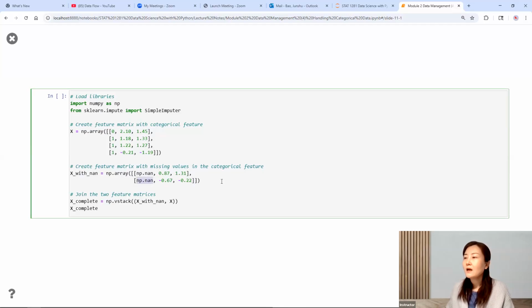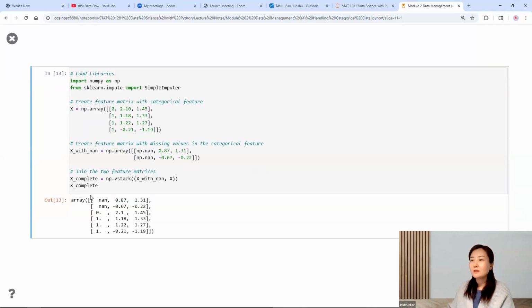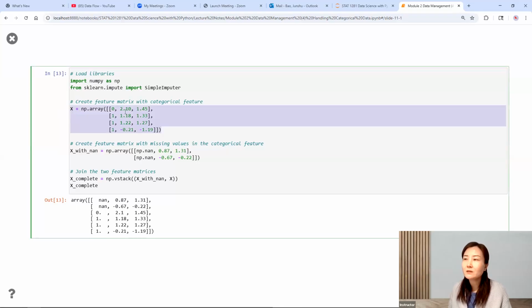So we have a missing value in each row. And then we stack them together. I vertically stack them together, call it X complete. The reason that we create them separately is because later on, we will use a machine learning model, basically k nearest neighbors, to impute the values. In that case, in the fitting part, we can only feed complete matrices